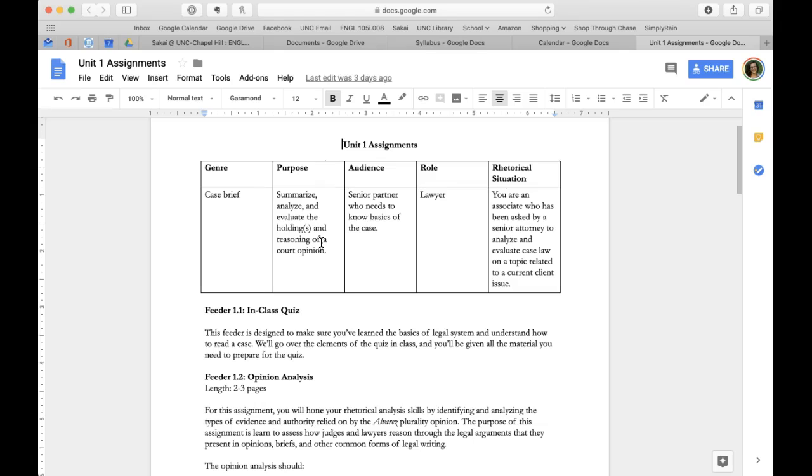So the quiz will probably be about 50% questions about how the legal system works. And the other 50% will be giving you a case you've never seen before and having you just identify its parts in really obvious ways, which you don't need to know yet. We haven't talked about what a holding is, what an issue is, all of those things yet, but that's what you'll be doing. So it should not be too difficult once we go through all of those things, but you should know when you're watching your videos for homework that it's leading up to this quiz.